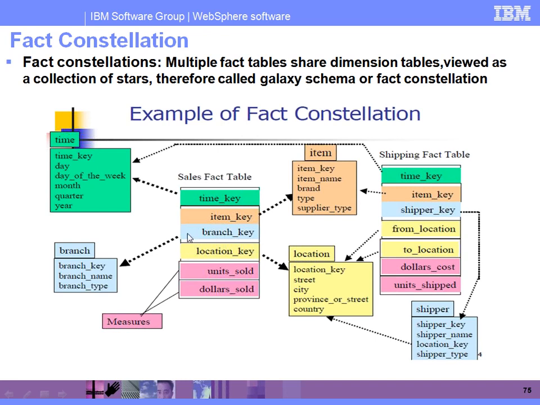When you are writing any SQL query, select from that particular item table, join this item table with this branch table using the branch key, and get the branch details from this branch table by using this fact table. The fact table will act as a mediator, a kind of bridge, to communicate from one dimension table to another dimension table.